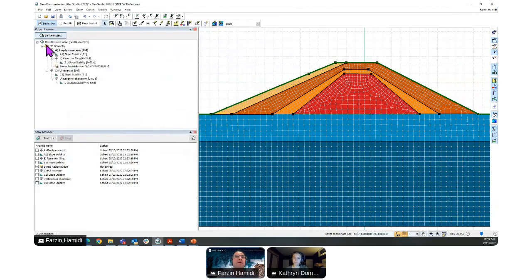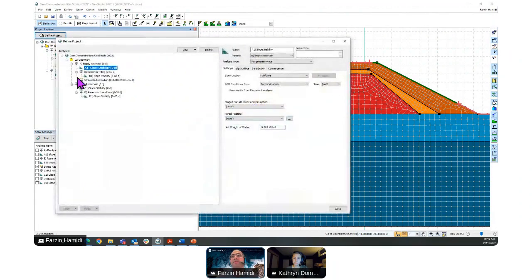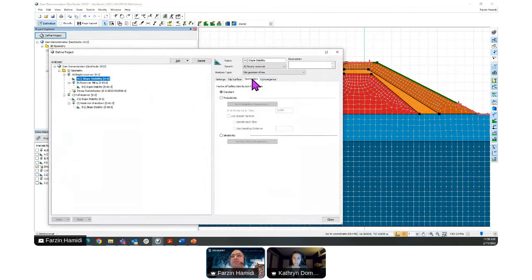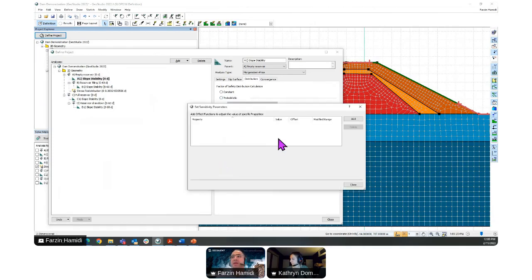Yeah, we can. That's a good question. We can do the sensitivity analysis as well in a SlopeW analysis. So if you are doing the stability analysis, you can go to the distribution tab. Either you will be interested in doing the probabilistic analysis, where you change two or three different parameters, and it will give you the best and the worst case scenario that might happen to your safety factor. Or you can play with just a single parameter, adding what you want to add in your analysis.